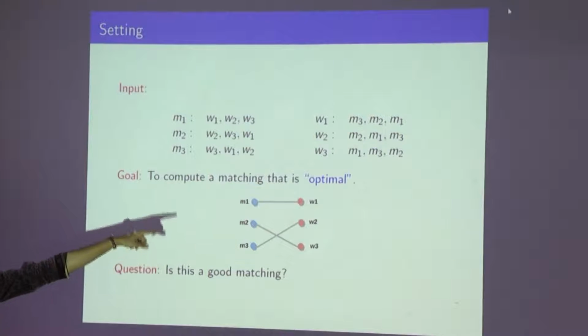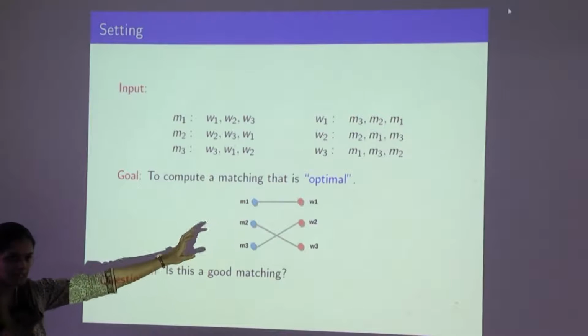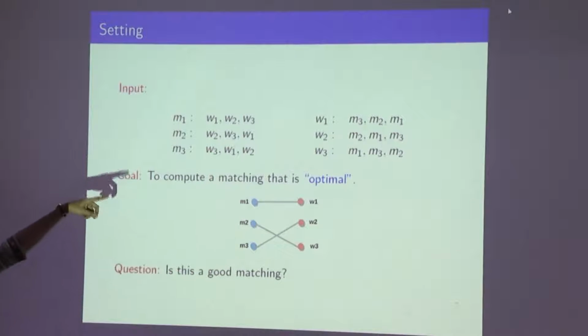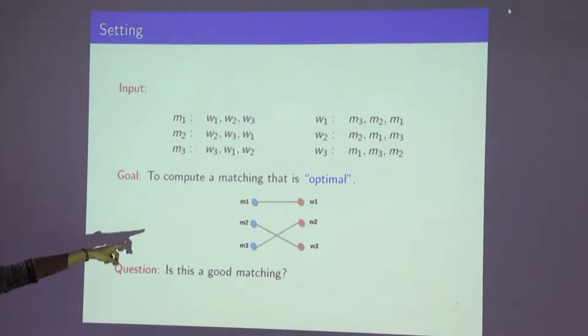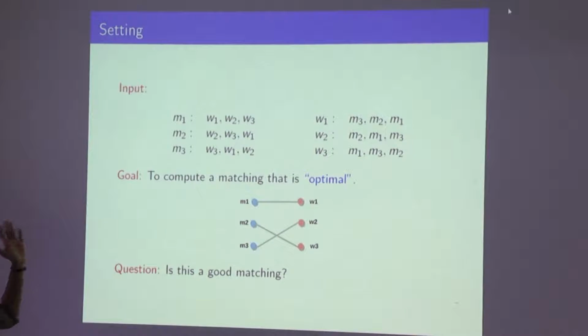Similarly, let's look at W2 and ask, both of them should be willing. Otherwise, if only one of them is willing, we are not going to break that. So W2, are you unhappy with your current partnership when you compare it with M2? She is also unhappy, because she is matched to M3, whom she ranks worse than M2. They are not matched to each other, and they like each other better than their current partners. They will break their current partnerships; the term used is that they will elope, and therefore this creates an unstable situation.